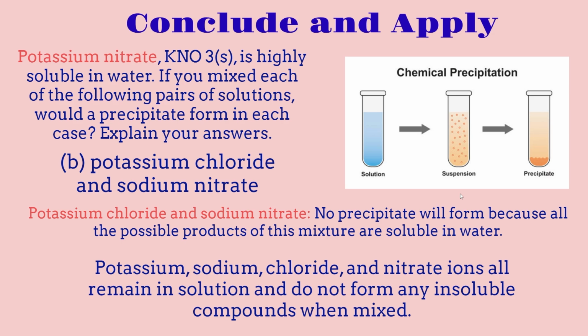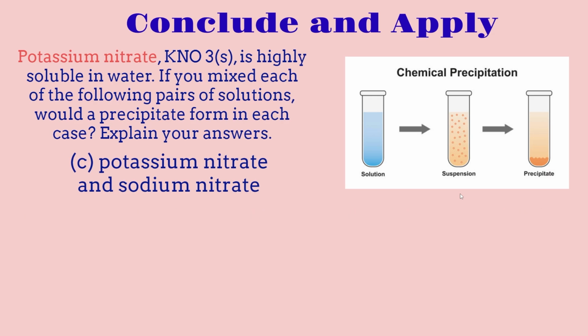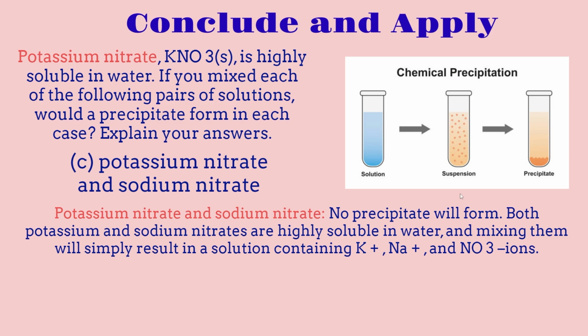And the potassium, sodium, chloride, and nitrate ions are all going to remain in solution, and they do not form any insoluble compounds when mixed. And same as the previous slide, once again, potassium nitrate is highly soluble in water. So what will happen if we combine potassium nitrate and sodium nitrate? In this case, there's going to be no precipitation again,